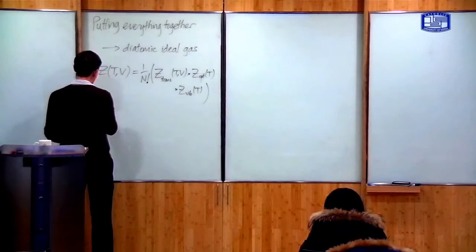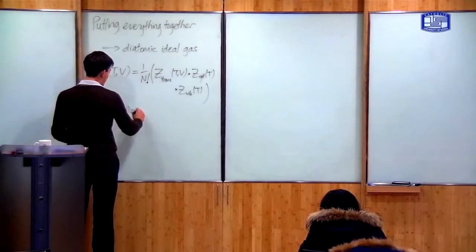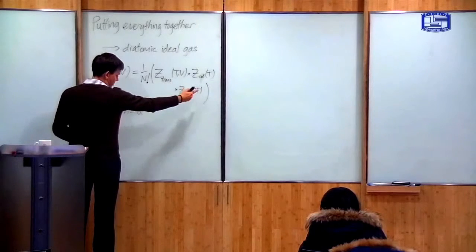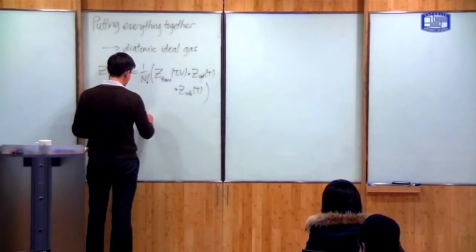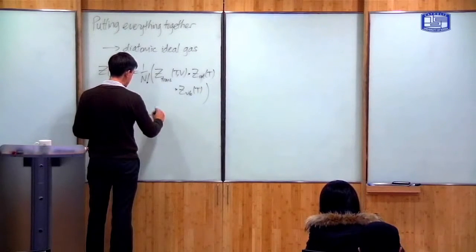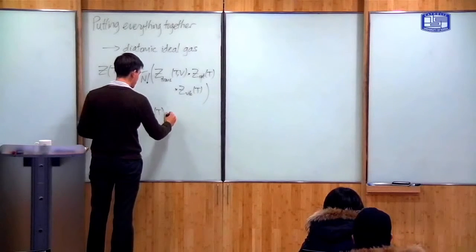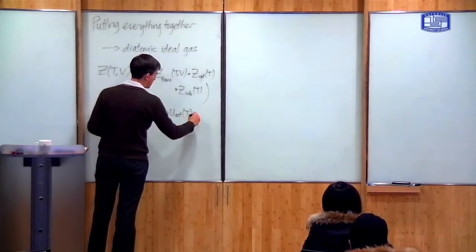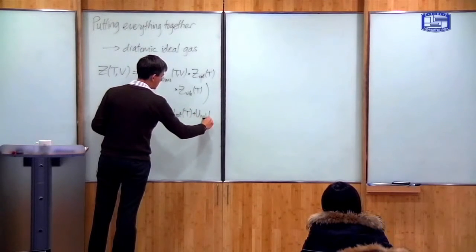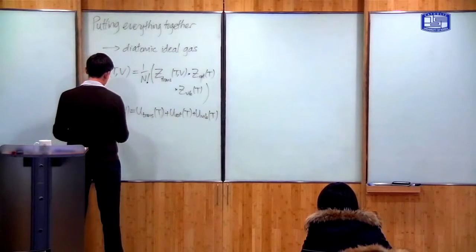Okay? Now this implies that the total energy is a sum of the energies. So this is a product, but U is defined as a log of Z, so U becomes a sum. So it's the sum of the translational parts of the energy, which in fact is only a function of temperature, plus the rotational part, plus the vibrational part,